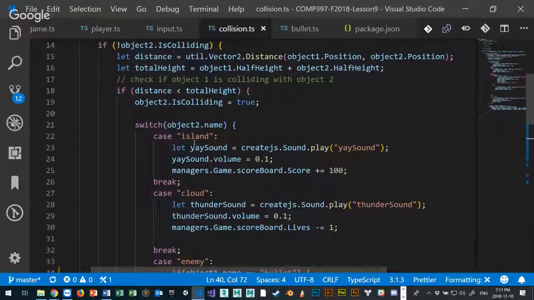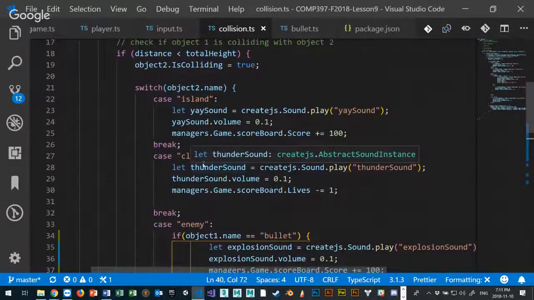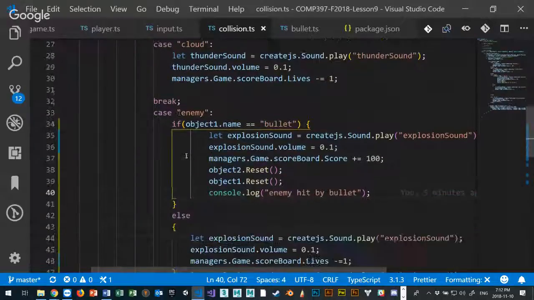If it's the island that it's colliding with, that's the object that is the collider, the collidable, whatever you want to call it, then play the yay sound, give me 100 points. If it's the cloud, then play the thunder sound and subtract a life. If it's the enemy,